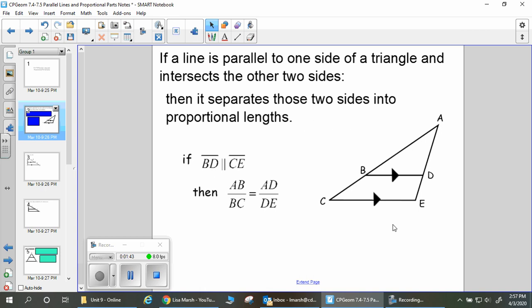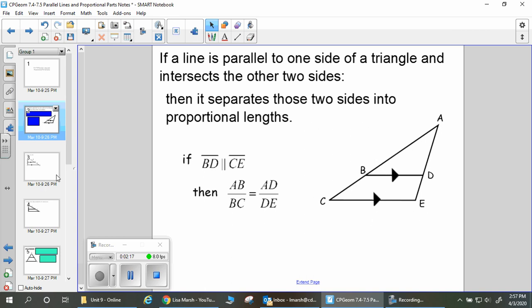So look at your picture. What does that mean? Follow the sides down on the left and the right. AB over BC, AD over DE. So we're putting the two pieces on the left and the two pieces on the right into fractions, setting them equal as a proportion, and that will allow us to find any missing lengths that we need to. This is helping us replace having to draw and label two separate triangles as long as these segments here are